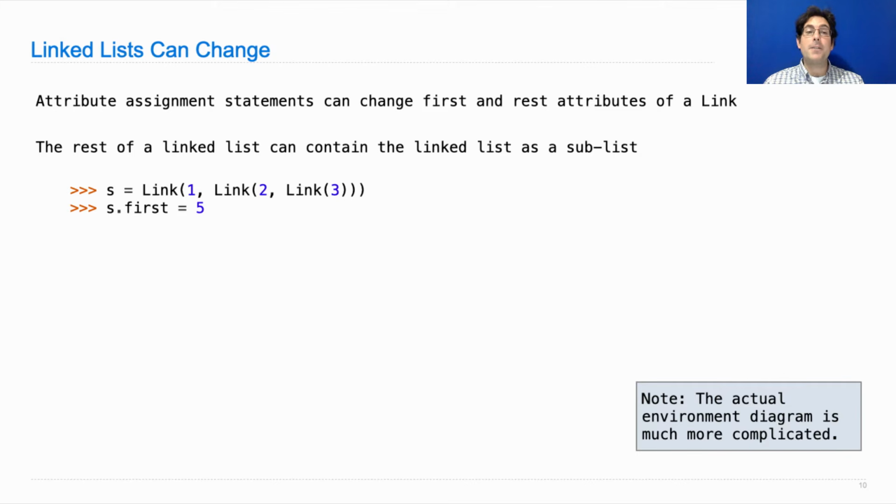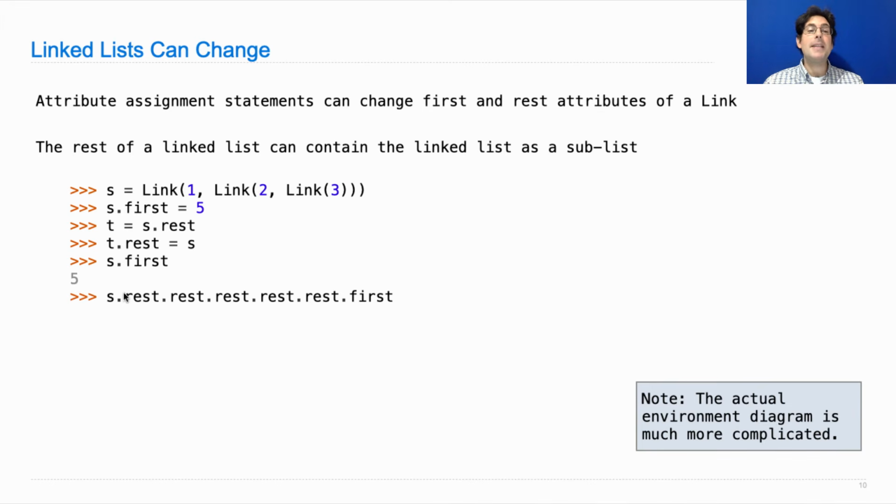If I assign s.first equals 5, what I'm left with is 5, 2, 3. But it gets really interesting when you come up with another name for s.rest, like t. So that's the linked list 2, 3. And then we reassign the rest attribute of a link instance. In this case, we're assigning it to s. Then s.first is 5. And what's